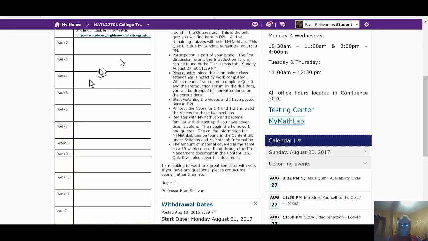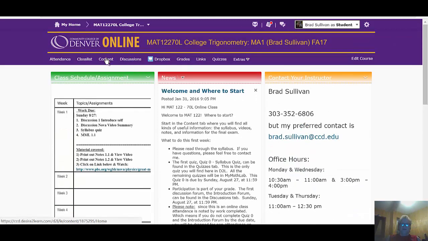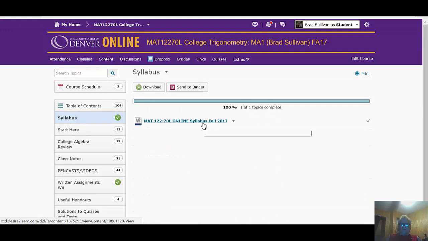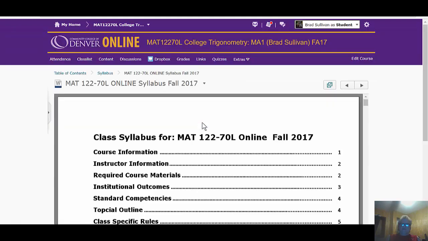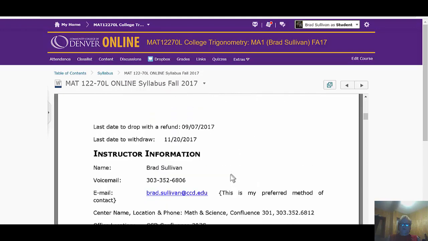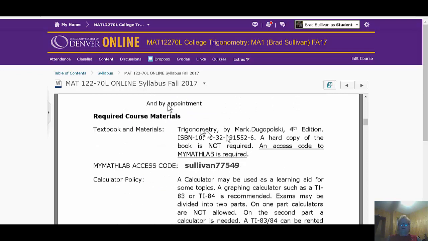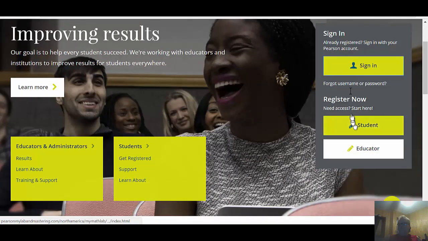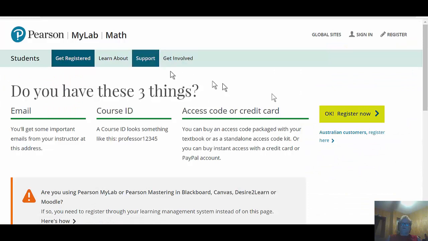Let me show you where to find that in my syllabus real quick. Okay, so if you click on the syllabus, you will need this code. I think it may be on the second. Yeah, it's this right here. You'll need this code right here. Okay, so you'll need to copy that. That's Sullivan 77549. So what you'll do on MyMathLab, if you've never been on MyMathLab before, you just click on Students Register,